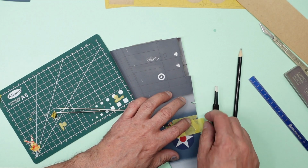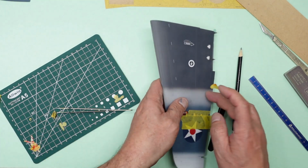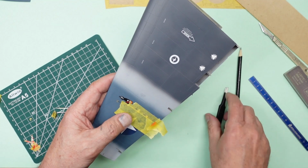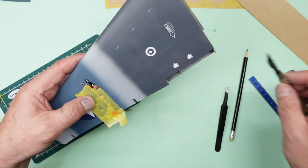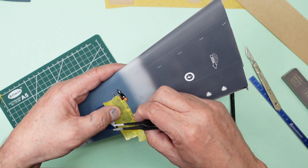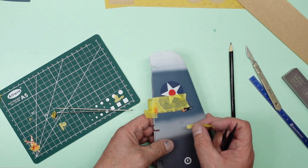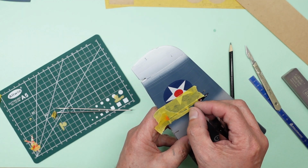Mask across the bottom of there, little piece on there. Okay, and also always remember to go across the top, even though you've got that bit of tape there, this piece of tape here, there will be a gap and the paint will find its way in and you will end up with a line. So what we can do then is use that piece and put it back over the top,